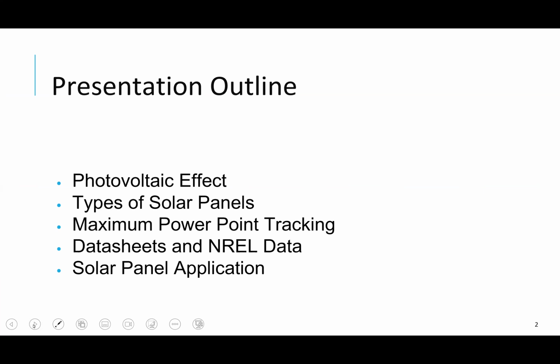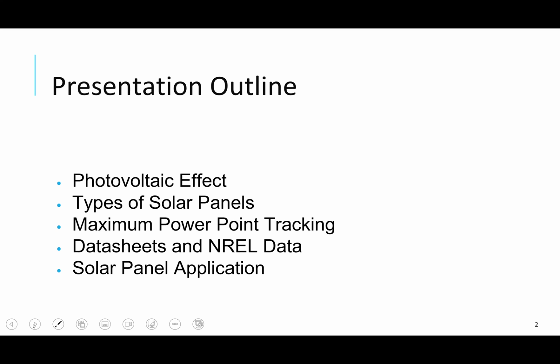This is the effect, like I said, where light is incident upon a semiconductor material. That incidence causes a reaction at the atomic level, which generates electricity. Now, there are different types of solar panels that actually perform this conversion process. We've got our traditional silicon. We'll look at mono and polysilicon. There's also thin film and multi-junction, which I'm only going to talk about very briefly, but we'll move on to